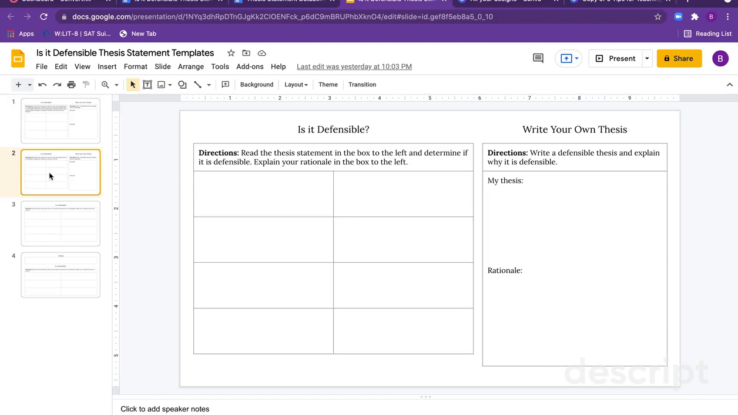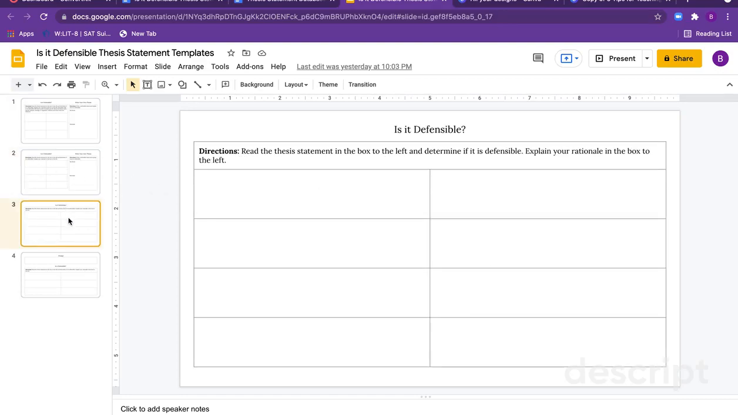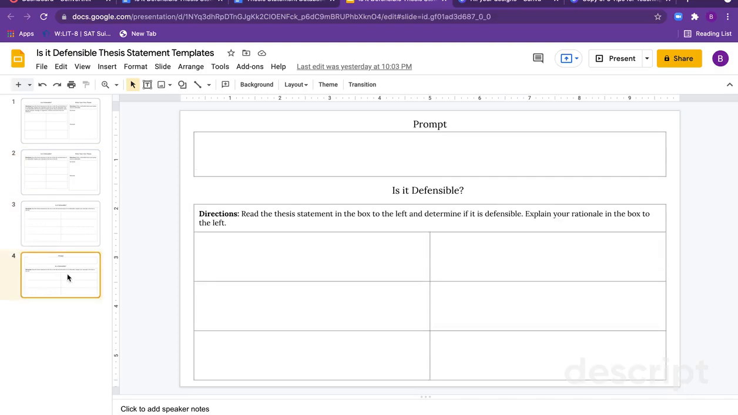It's whatever you would like to do. So here's another version of it, and then an even simpler version of it where it takes out the write your own thesis, and then one with the prompt included in case you wanted to add that option for students